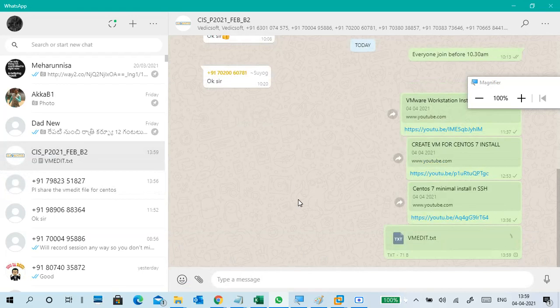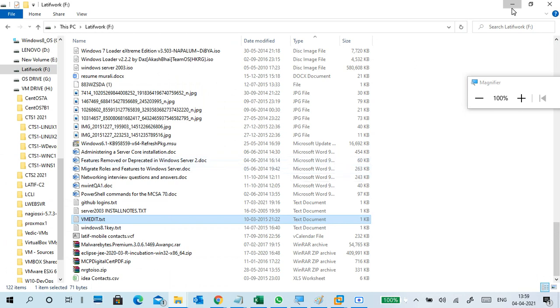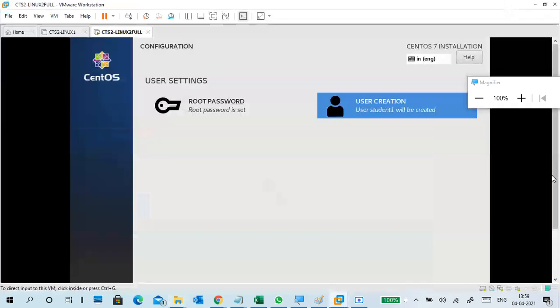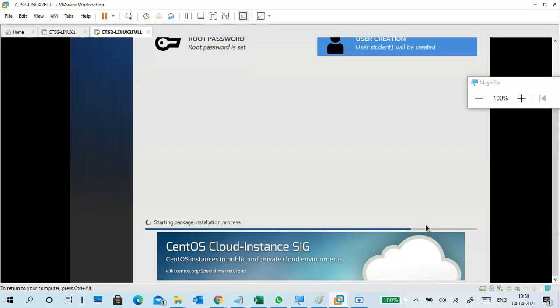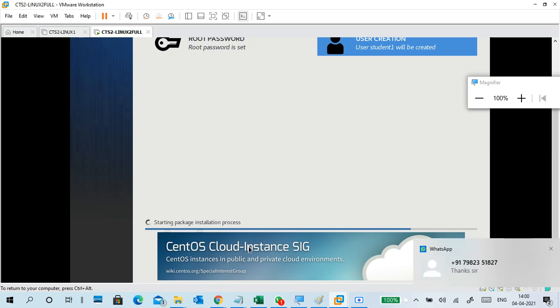I will tell you what the three lines mean, because it will take time anyway. The actual installation has not even started yet. Once completed, you have to click on reboot, and after rebooting, we have to verify a few things like next, complete, finish.